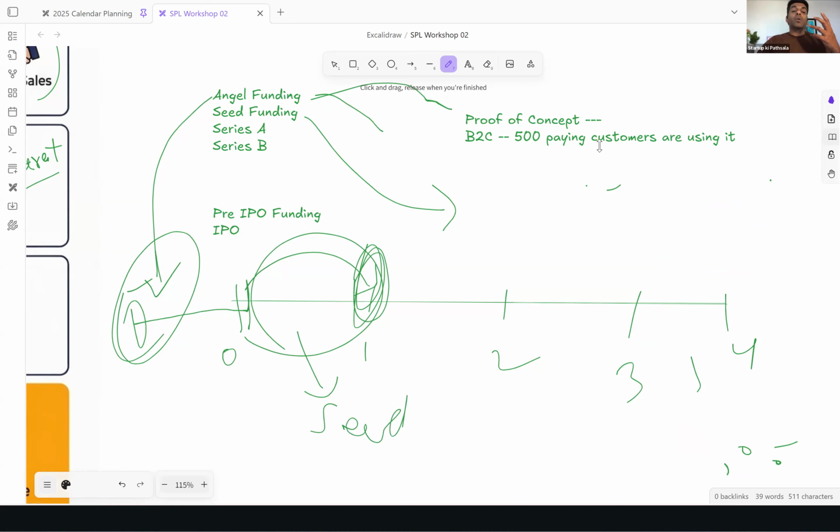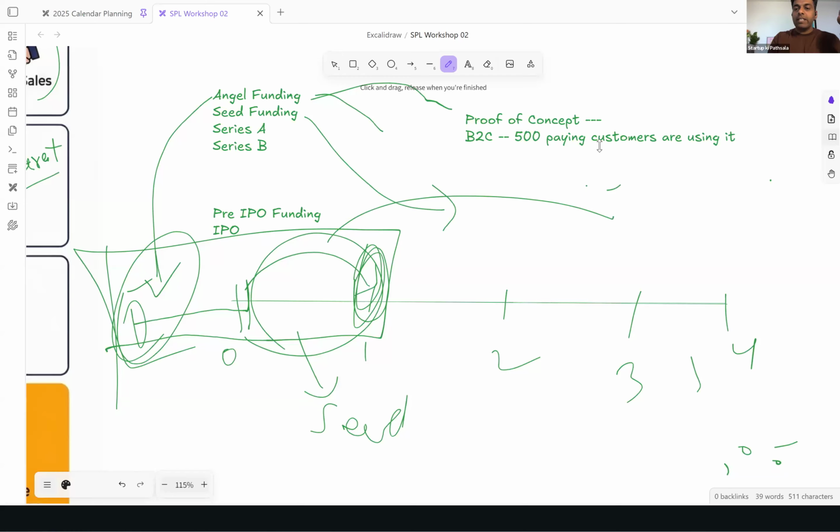So how much money you have to raise in the angel funding is to ensure that you can get your product up, take it up to 500 customers, and ensure you have enough money till the time you raise your seed funding. राइट, क्योंकि वो पैसा आया नहीं और ये पैसा खत्म हो गया तो बीच में हम लोग क्या करेंगे, राइट? So you need that money to sustain yourself. So this entire journey of -1 to 0 to 1, this amount of money that you need is what you raise in angel fund, right?